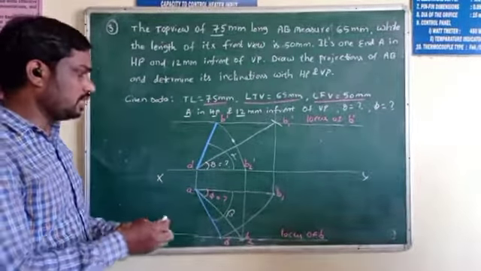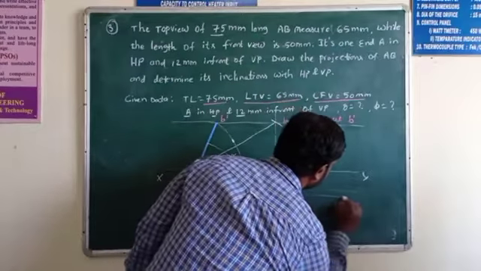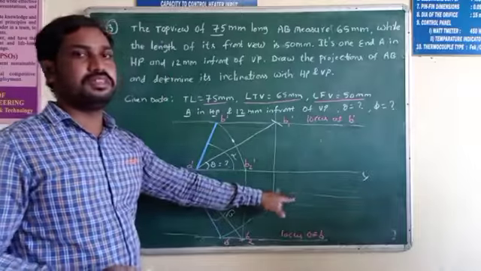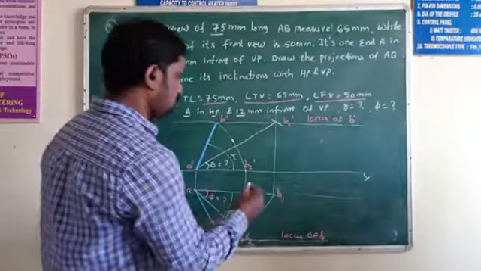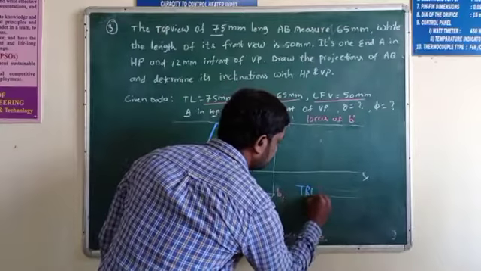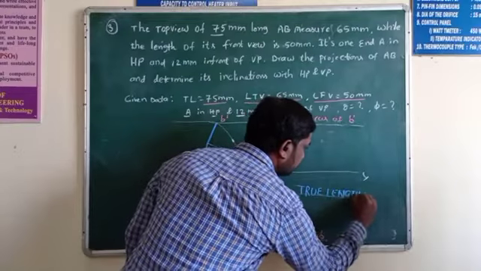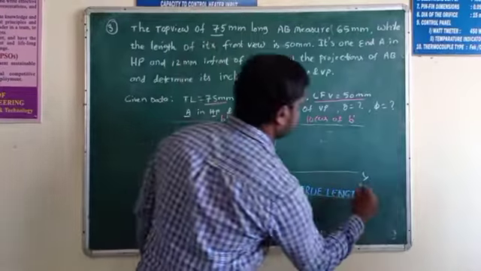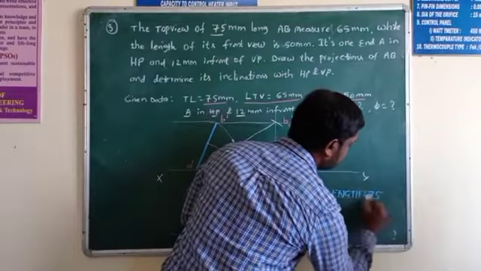Okay, now what is the problem here? I am showing the dimensions in between two lines. The distance between these two lines is 0.5 centimeter. I am taking that. Okay, so what is the true length? That is the true length. You know about the lettering. This is the true length, 70 mm. Right, this is 70 mm.